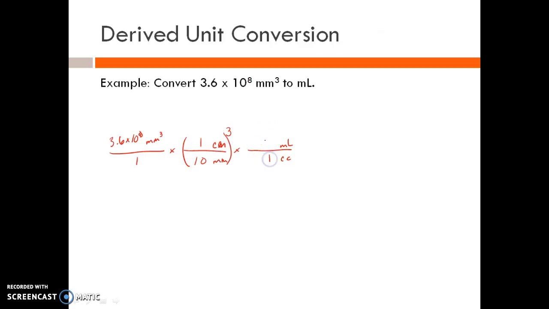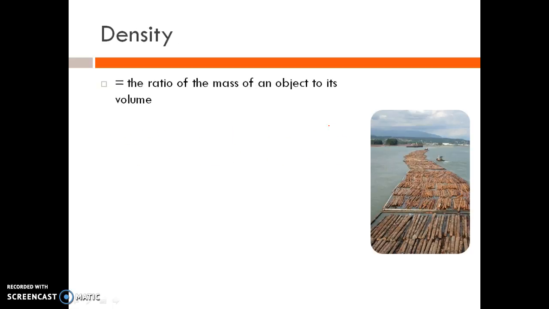And then I know there's 1 cubic centimeter in 1 milliliter. When I do this problem, since I have 10 times 10 times 10, or 3 tens here, so 8 minus 3 is 5, so 3.6 times 10 to the 5th milliliters. So that's derived unit conversions, and I said one of the important ones that we use in chemistry is density,